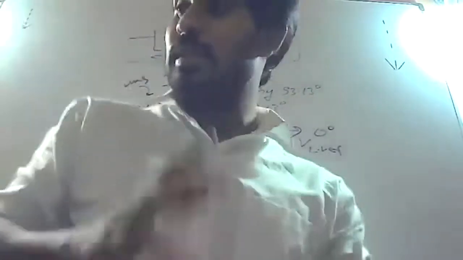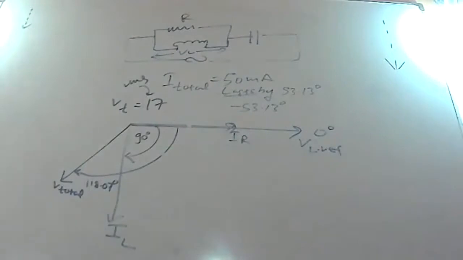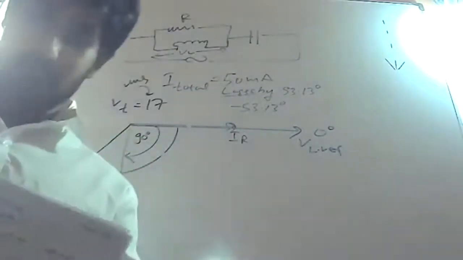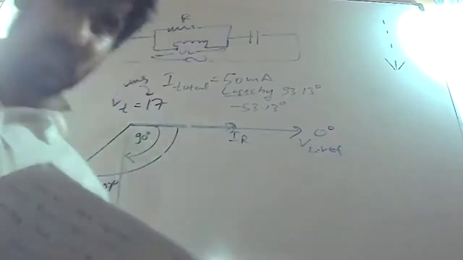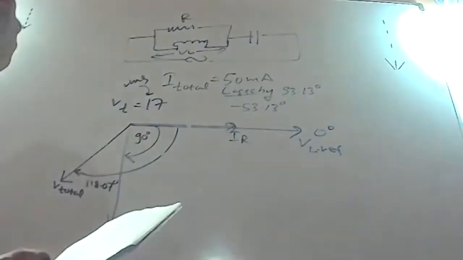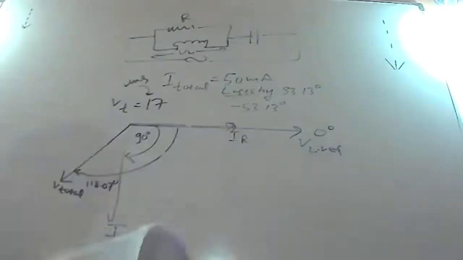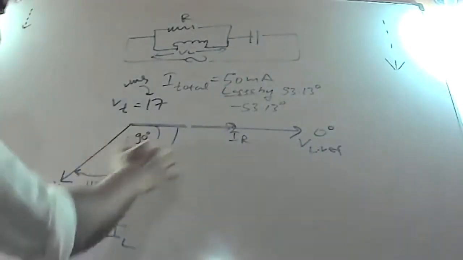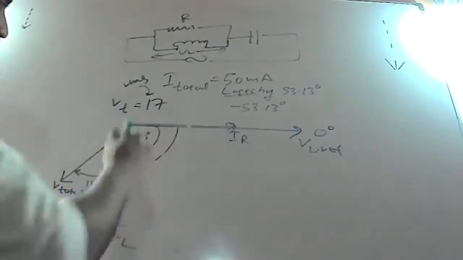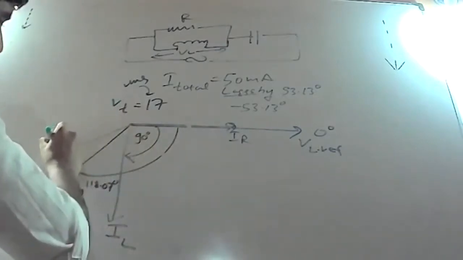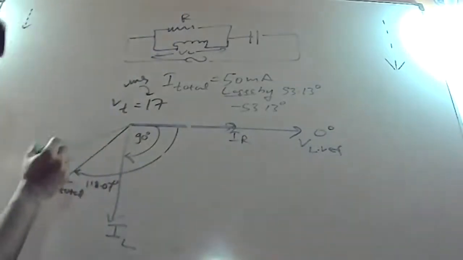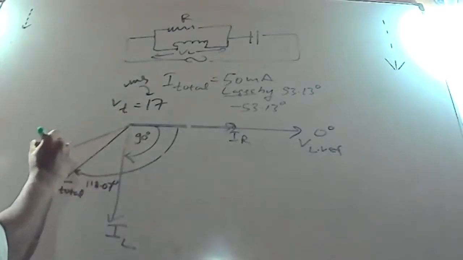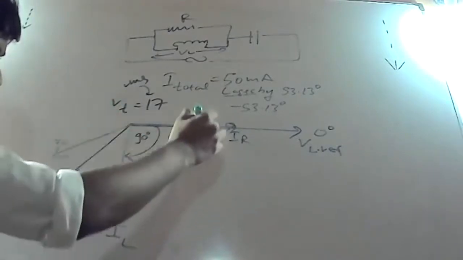So now let's focus on the voltage across the capacitor. That is the next target. What is the voltage across the capacitor? 25 at minus 143.13. If you check your calculations, you can see that. So where is minus 143? That is going even beyond this, because this is 118. So let's sketch that there. What is this? VC, the voltage across the capacitor.